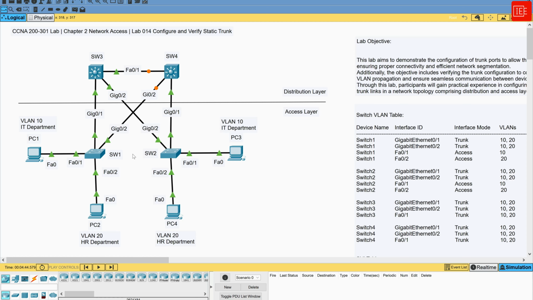In today's lab, we will cover how to configure and verify static trunks. Trunking is a fundamental aspect of network configuration as it allows switches to efficiently transport traffic for multiple VLANs over a single link. In complex network environments, configuring static trunks across multiple switches is essential for facilitating inter-VLAN communication and